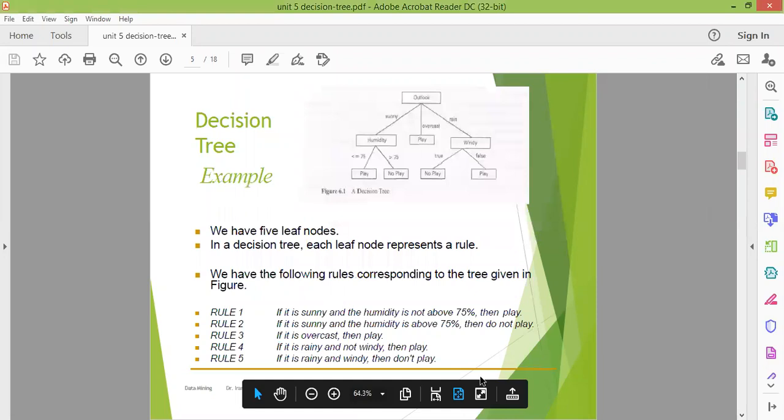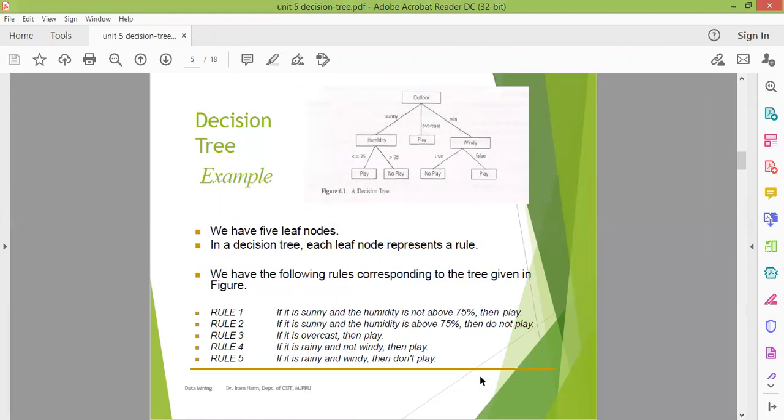So this is the decision tree which is formed based upon the training set. What is the decision tree? First, the node which is chosen is outlook. Outlook is the first inner node. And what are the 3 different values of the outlook? It's sunny, overcast, and rain. So these are the 3 different values of the outlook.